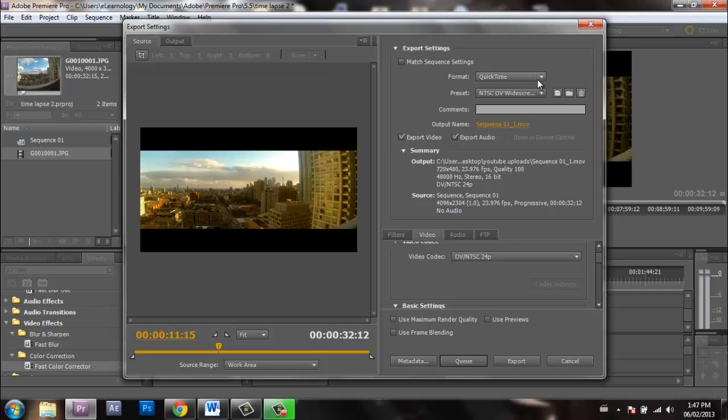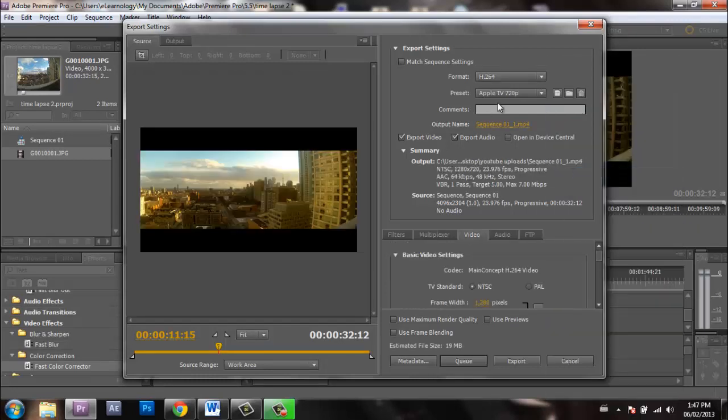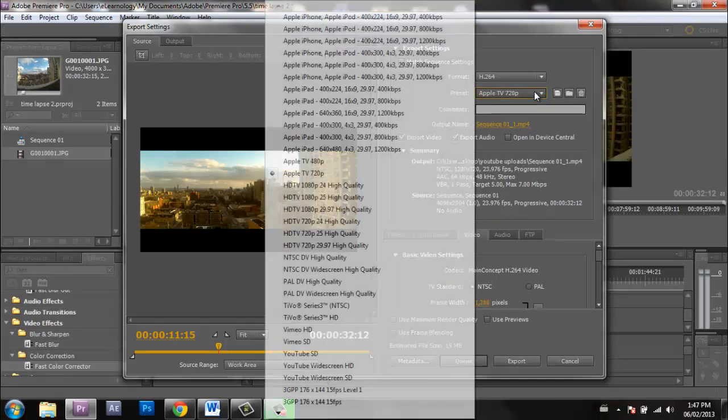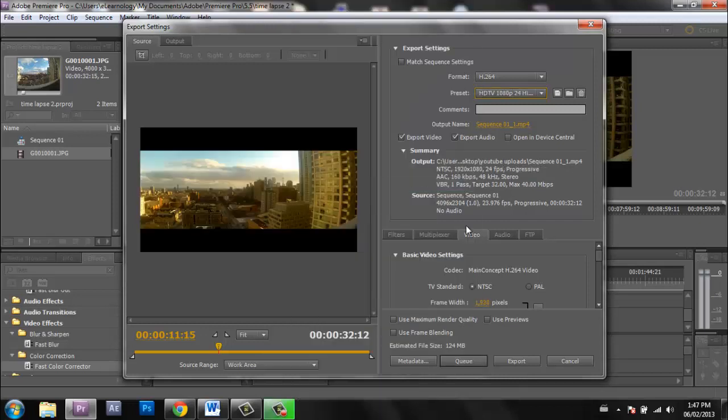So I chose to go back to H.264, which is very compatible with YouTube's codec and for uploads, and I just went down to 1080p 24 high quality, and then I chose max render quality. So it's technically a custom and it's going to use the max quality. It is going to be a long render. It's probably going to be about 30 to 40 minutes, but your upload to YouTube will be, I think, all of like 15 minutes,